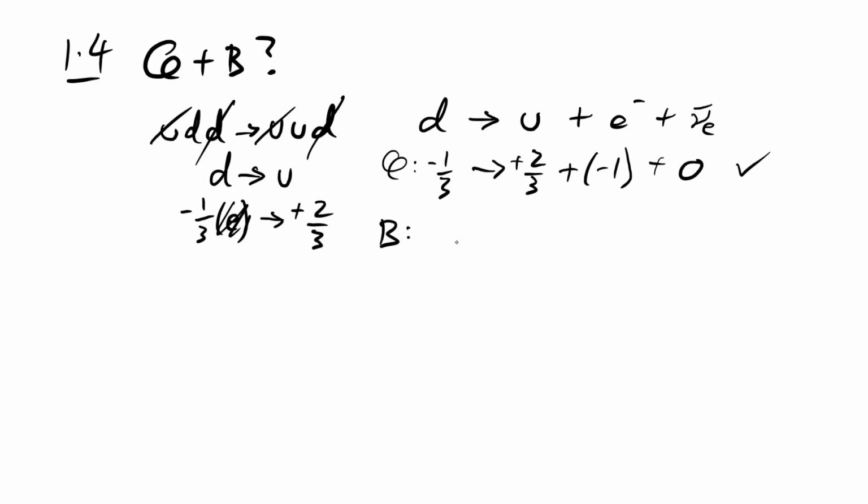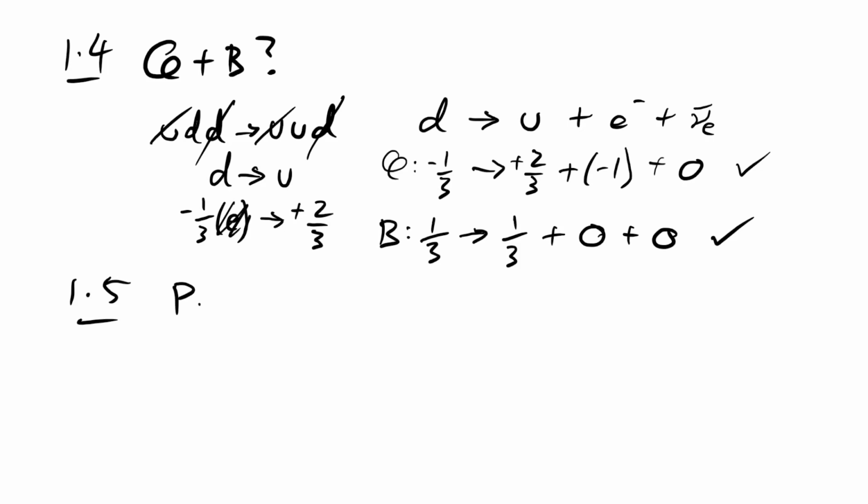Baryon number. Well, we can think about it in terms of a neutron going into a proton. They both have a baryon number of 1, or we can just say, well, each quark has a baryon number of 1/3, and then electron and antineutrino have 0. So that works out as well. Like I said, you could replace those with 1 if we're considering the neutron and the proton instead of the quarks. What's the only stable baryon? It's a proton. Every baryon decays into a proton in the end.